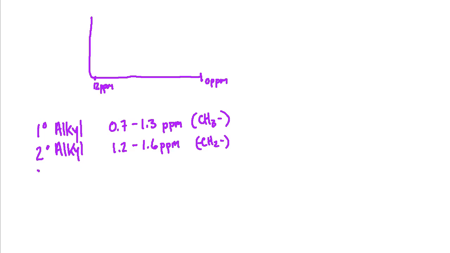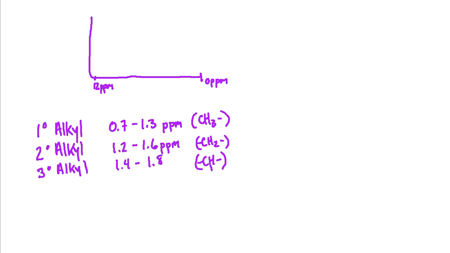Right? And then for a tertiary, the trend would continue. So for a tertiary alkyl group, now we're just talking about a CH group that would have 3 other bonds. So it would be 1, 2, 3, like that. And these groups get pushed down just a little bit further, so they're going to be about 1.4 ppm to